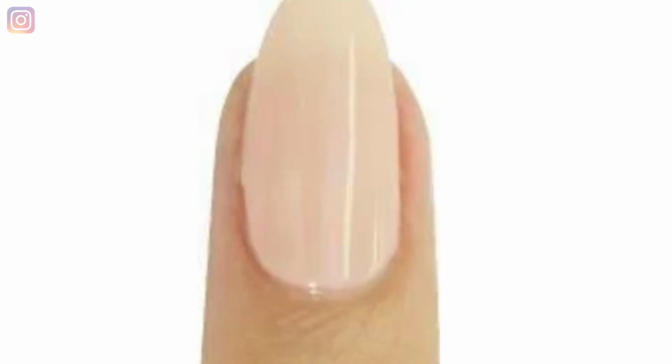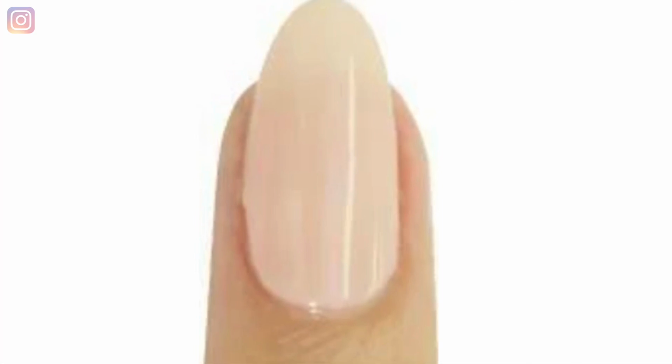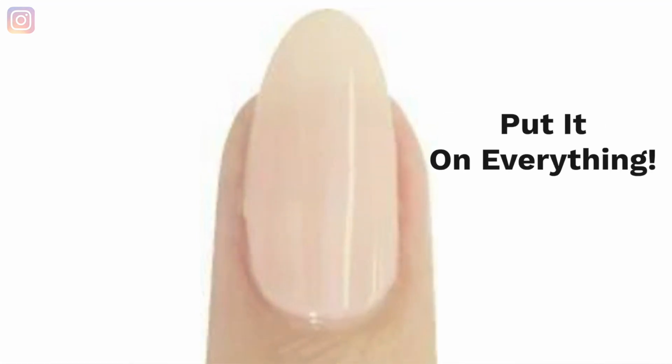Favorite number 2 is Studio number 284. It's literally just called that, Studio number 284. It is literally the perfect sheer creamy beige. One of my besties in the industry, Paola, would literally say 284 for everything, like it's the hot sauce or ketchup of nails, or whatever you're into. Okay, just